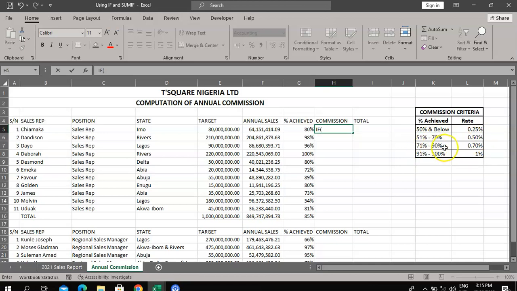If it's 71 to 90, we should use 70%. If it's 91 to 100, we should use 1%. So we are going to follow that accordingly. So if the percentage achieved, that is in column G, so we are going to say if G5